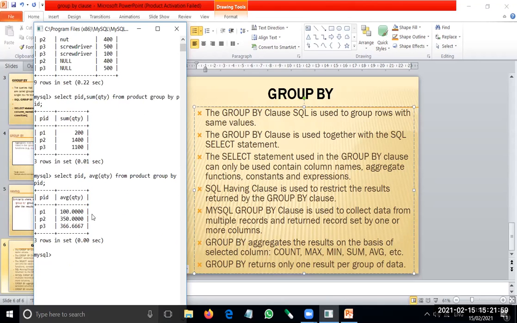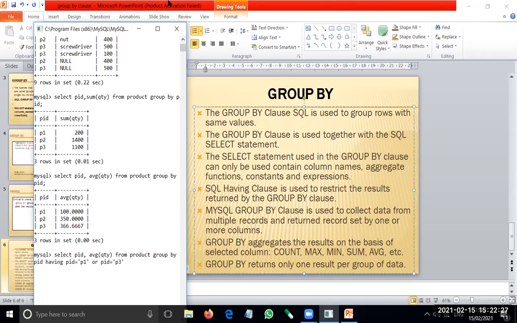Now we can summarize it. One other thing I have also explained is having. So the same thing we can perform like group by having PID equals to single quotes P1 or PID equals to single quotes P3.